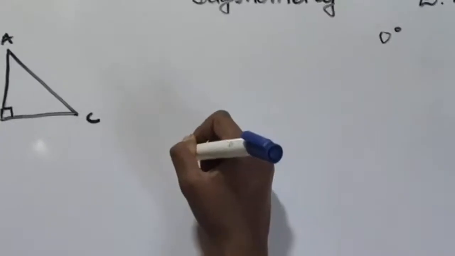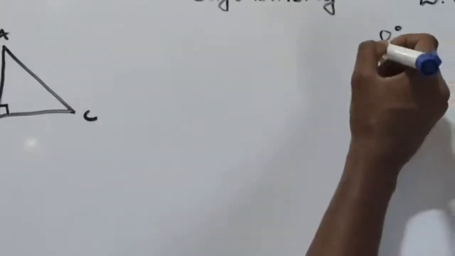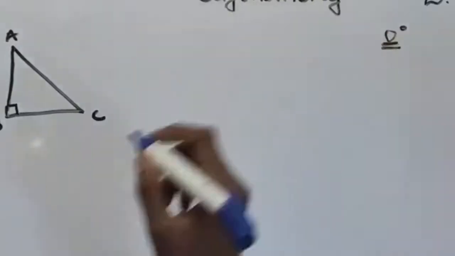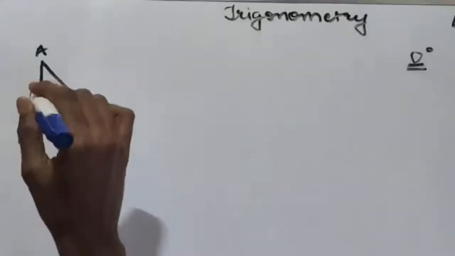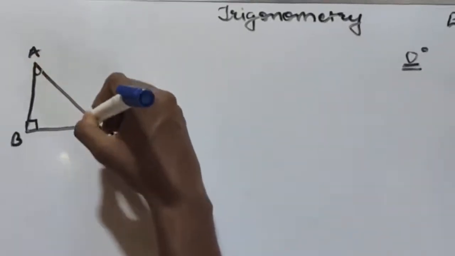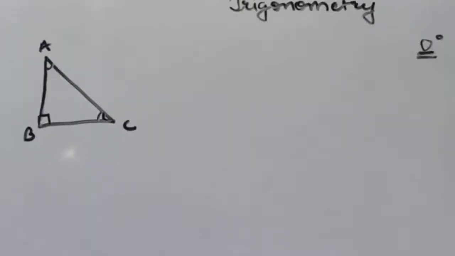So we are going to find out the values at 0 degree. Yes, I am serious. Though you might be thinking that we don't have any angle that will be equal to 0 in this figure, isn't it? I know you are wondering about the same thing, but I got the solution for this.